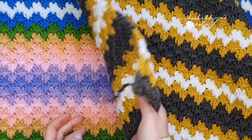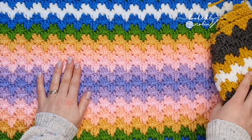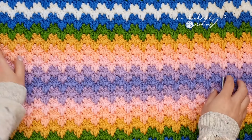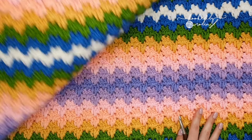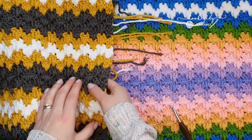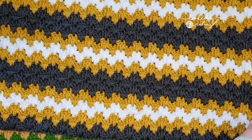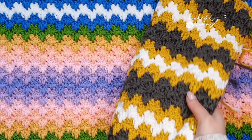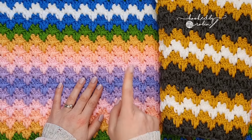Both of these blankets are currently in the naughty corner because I started this huge one under here and just wasn't sold on the colours I had chosen, or the order, or something about this isn't working for me. So this got popped in the naughty corner. I started a baby blanket version, and again, I don't know what it is with me at the moment. I can't settle on colours. So whilst I sulk about these part-made blankets, let's crack on